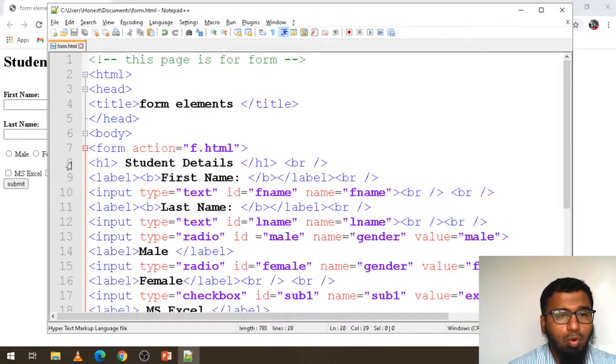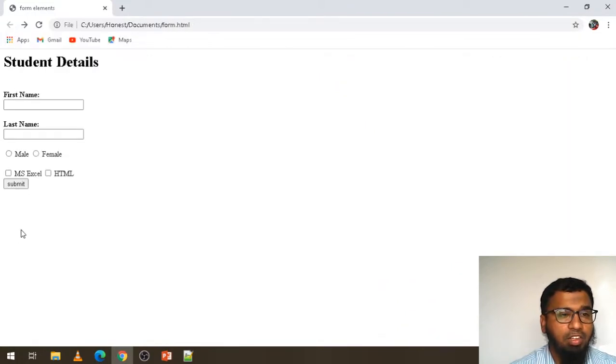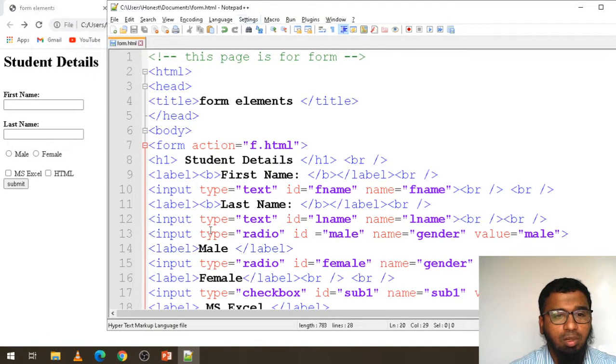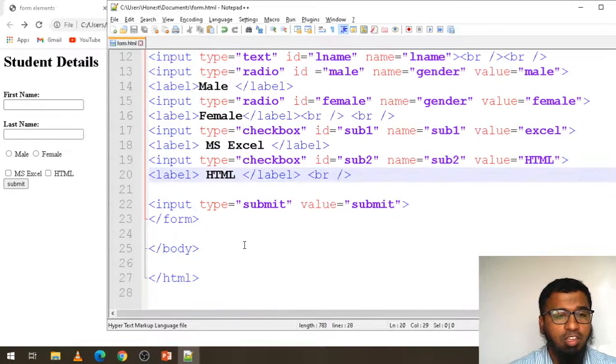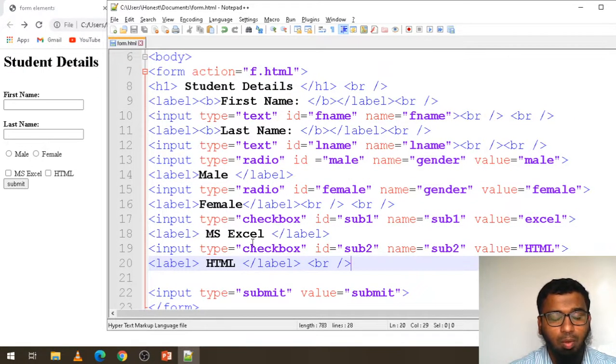So tomorrow, if I click on submit, it goes to the next page, clear. So here we can give the validation and all the things. So first, this is how to create the form. In the next class we will see some of the important things of the forms like validation, okay.